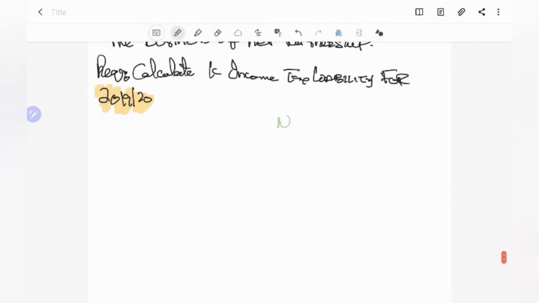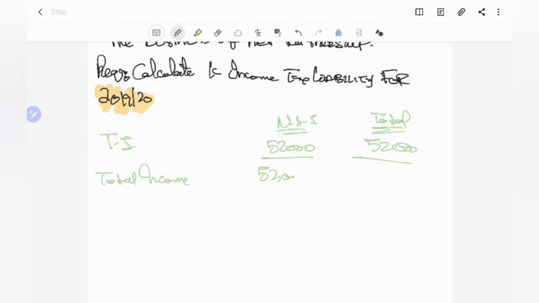How many columns? Non-saving income and total column. Right. Trading income 52,000, in total 52,000. Then I will get total income 52,000 and 52,000, less relief, which is a qualifying one, qualifying interest 1,000. Then I will get net income